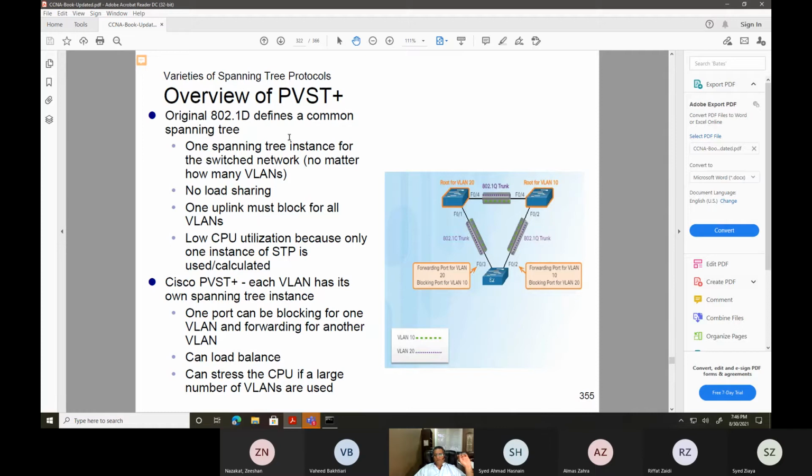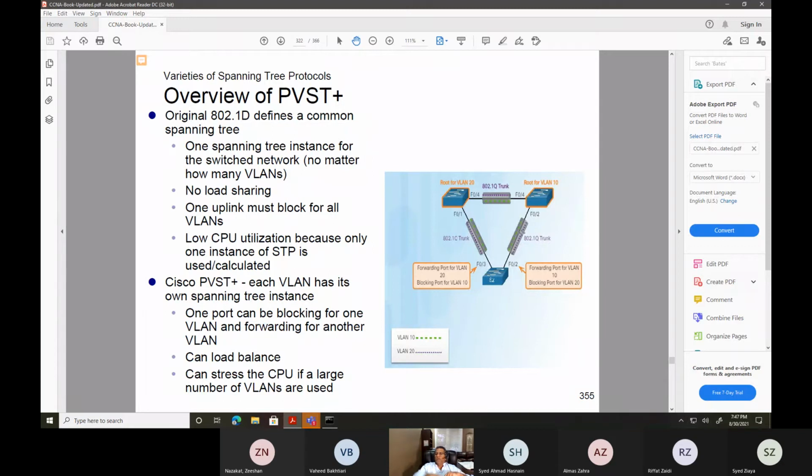So the overview of PVST plus: one spanning tree instance for the switch network, no matter how many VLANs. No load sharing. One uplink must block all VLANs. So what they're saying is one must block and the other one should keep forwarding the VLANs. Or if you want, you can block per VLAN basis. Let's suppose you block 10 but forward 20.